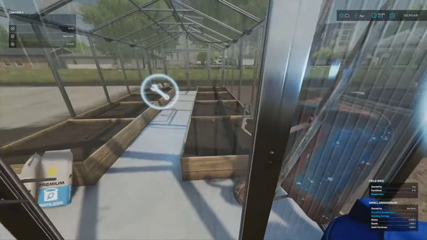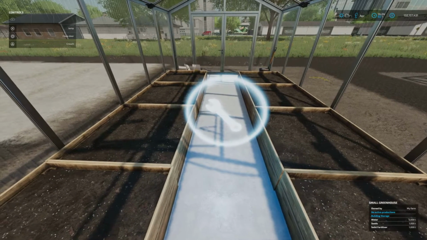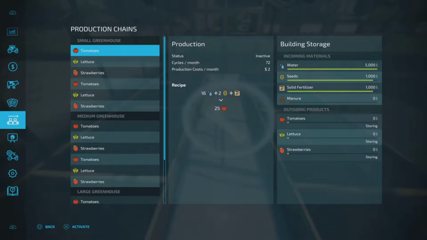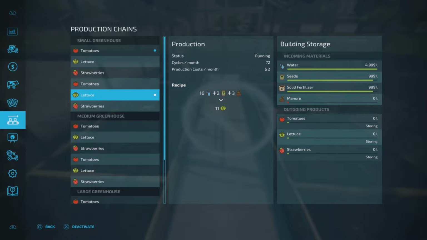Now that we've supplied all three of those, we can come in here to our little spanner icon and click on that. Go to productions, and we can pick what we want to grow. So we've got tomatoes, lettuce or strawberry in the small one, so we can pick which one we want to grow on both sides. So we'll put tomatoes on one side, lettuce on the other. So the recipe is 16 litres of water to 2 seeds, and then